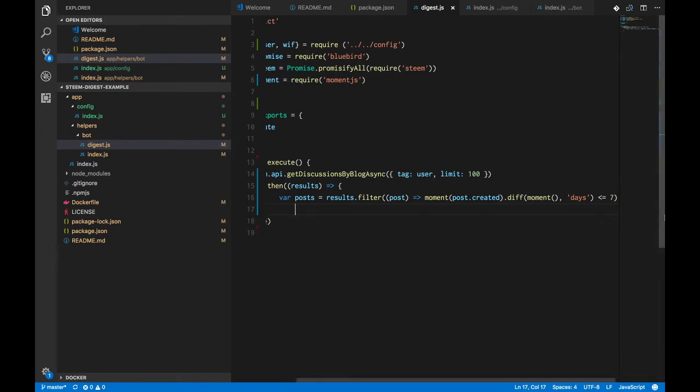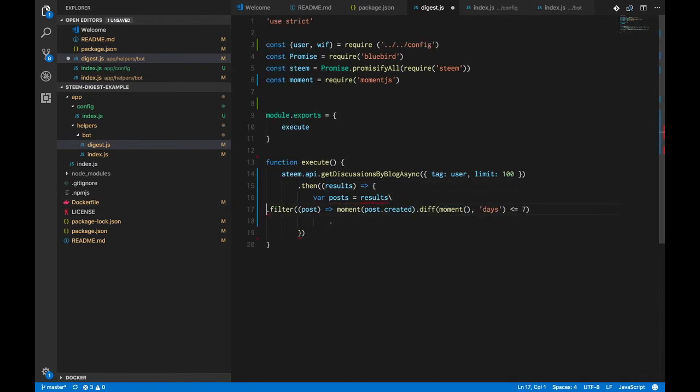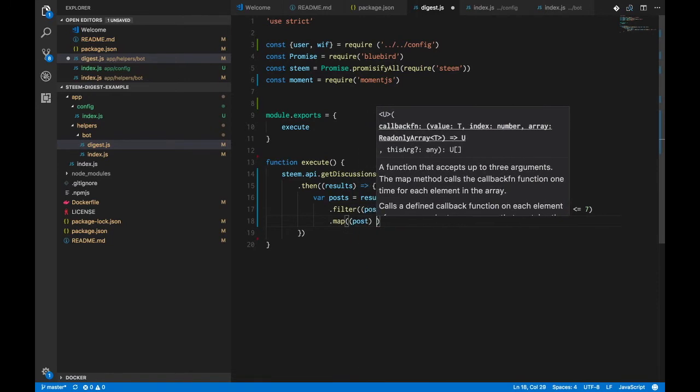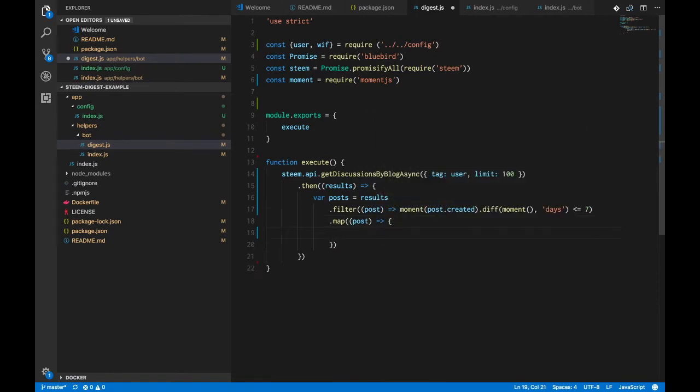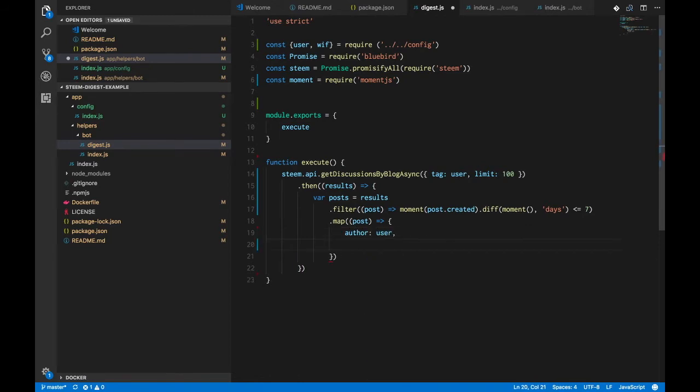Okay, that's cool. Then we're going to do a map. Let me pull this down real quick so it'll look kind of cleanish. The filter, and then we're going to map the post. This time this is going to be very functiony. Posts are very large, so I'm going to trim it down a little bit. So we only get what we need. For that I want author, which is going to be me. I could say post author, but I'm just going to say author, which is a post